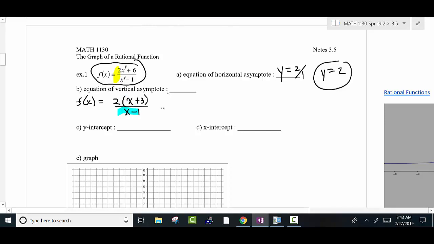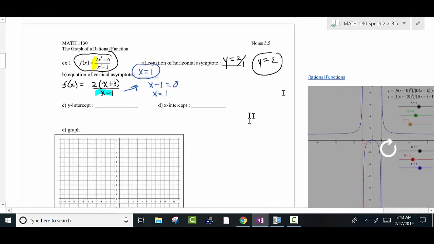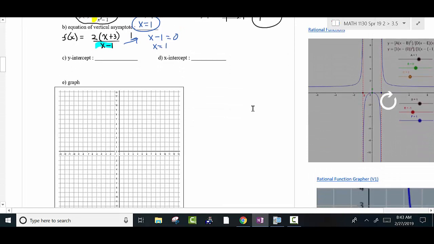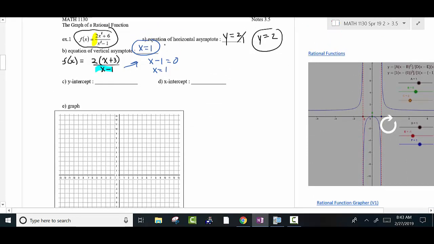Okay, the vertical asymptote is what makes the simplified rational function's denominator equal to 0. So we got that. We've got our 2 asymptotes. That's the way you should always start these problems, is just get the asymptotes out of the way and get those put together. Okay, so what I want you to go ahead and do now is